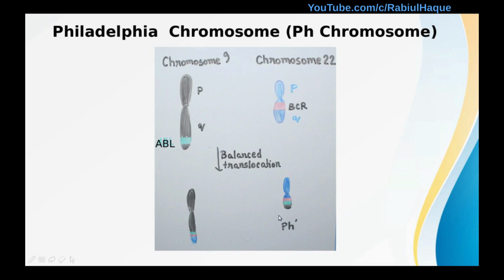Now what is happening in the bottom two images? We can see that part of the Abelson gene has been translocated from chromosome 9 and it has gone to the long arm of chromosome 22 as shown in the bottom right image. Okay, so we can see that now the Abelson gene that was drawn with green color is fused with the breakpoint cluster region gene of chromosome 22, and they are forming a fusion gene, and this chromosome is called Philadelphia